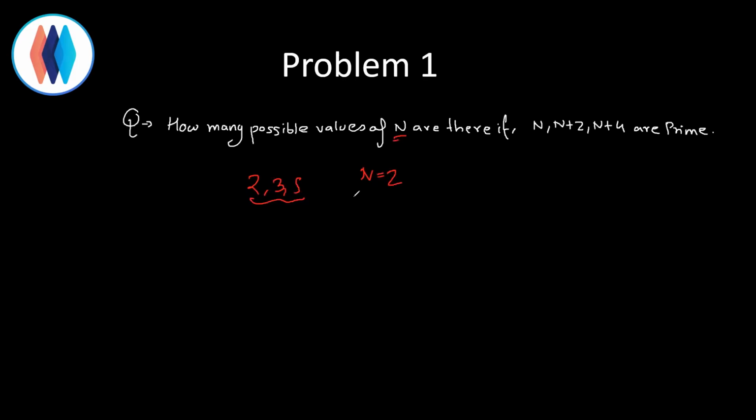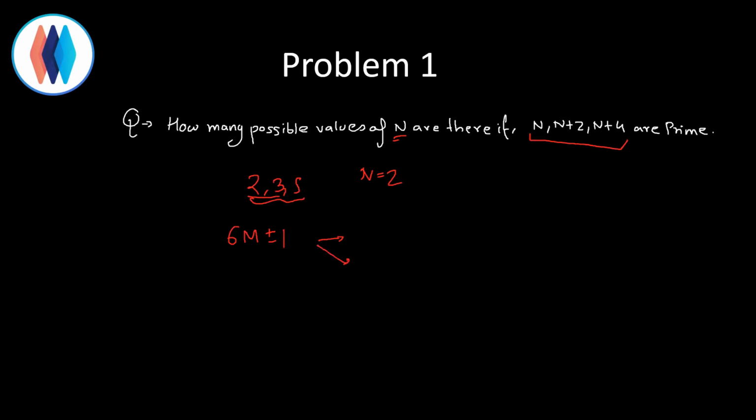To figure that out, we'll use one of the properties of prime numbers: the structure of any prime number other than 2 and 3 is 6m plus or minus 1. Any prime number that you get will be of this format except 2 and 3. And it's not necessary that all the numbers in this format will be prime. Whatever prime numbers these are, they will be of one of these forms.